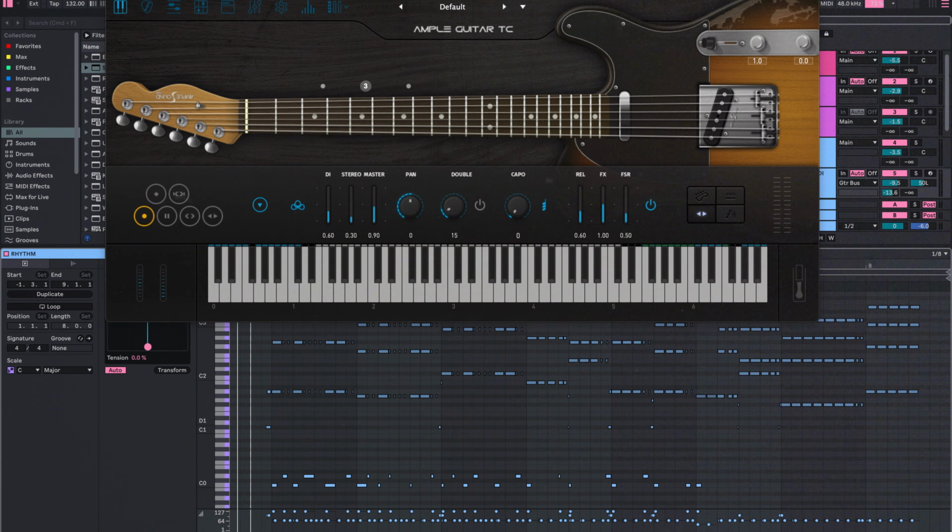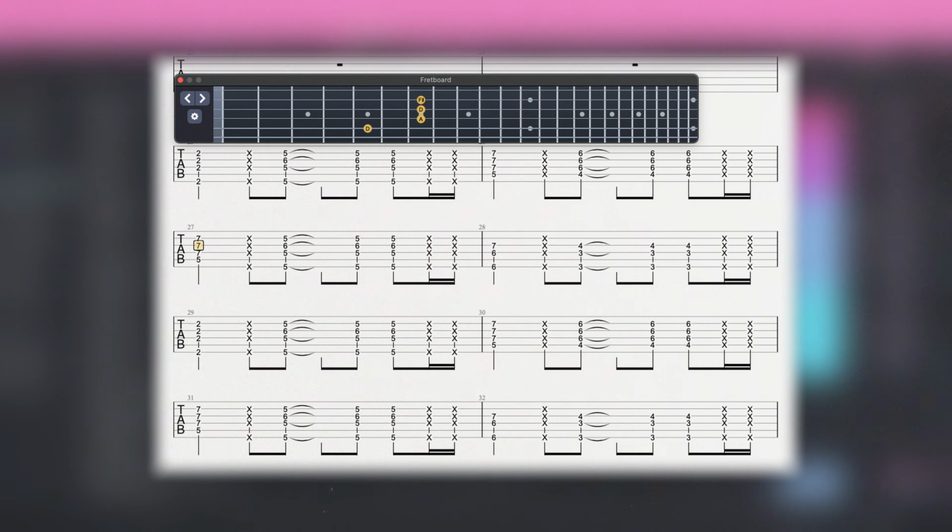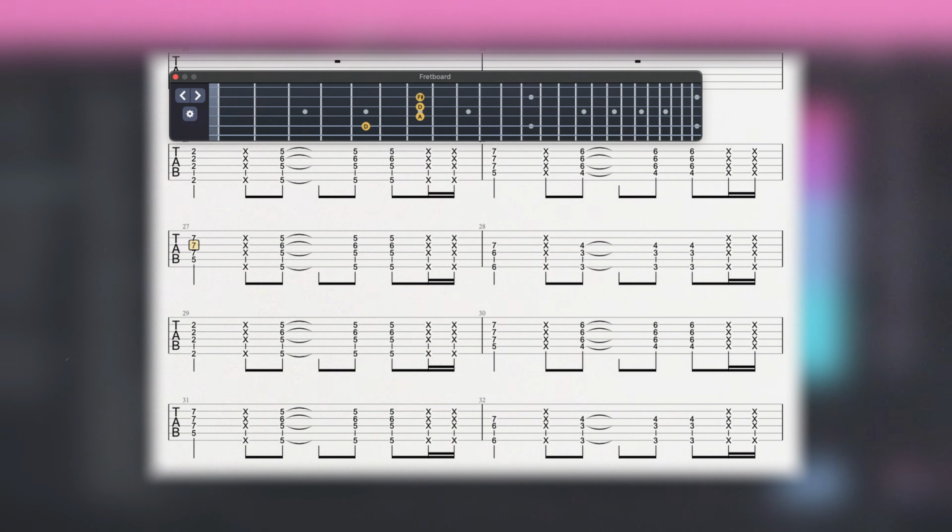Another big tip is to always use the right fretboard positions. Guitars and basses can have the exact same note on different strings and they can sound drastically different. In order to get a more realistic sound, you can use the key switches, often included with the VST instruments or sample libraries, to change hand positions. Looking at tabs can be useful for this, even if you don't know how to play, so you can match the fretboard position on your instrument.